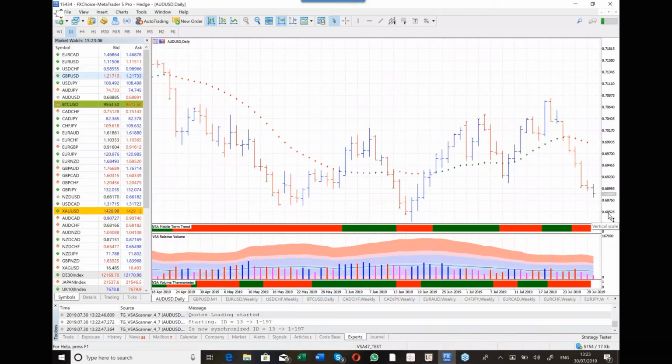Now, if we look at that level, it's at 0.68525, where the support line is. If it retests that and breaks it, it's going to go down to 0.68000. The reason is markets like to go to round numbers. We don't know why, and we don't need to explain why. So how am I trading this?